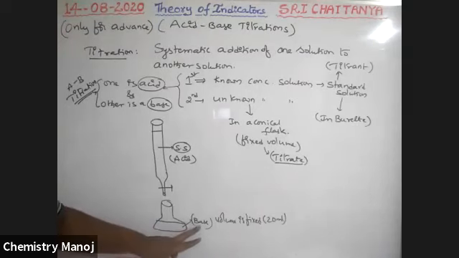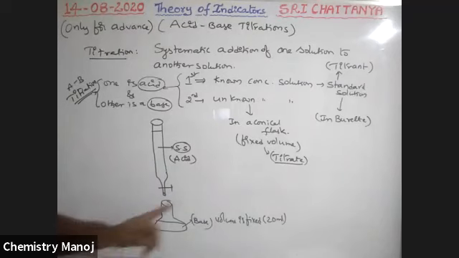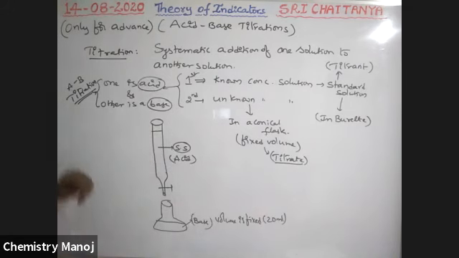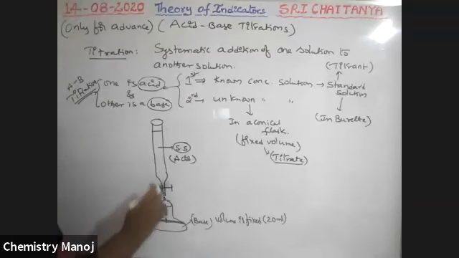Okay, see boys, this base just seems to be water, and this acid also seems to be water. To the fixed quantity of this base, the acid is run down slowly, drop by drop, into the conical flask. That means actually we are taking a base here. At the beginning only base is there. Slowly, drop by drop, acid is added. That means the basic nature in this conical flask gradually decreases and acidic nature gradually increases.